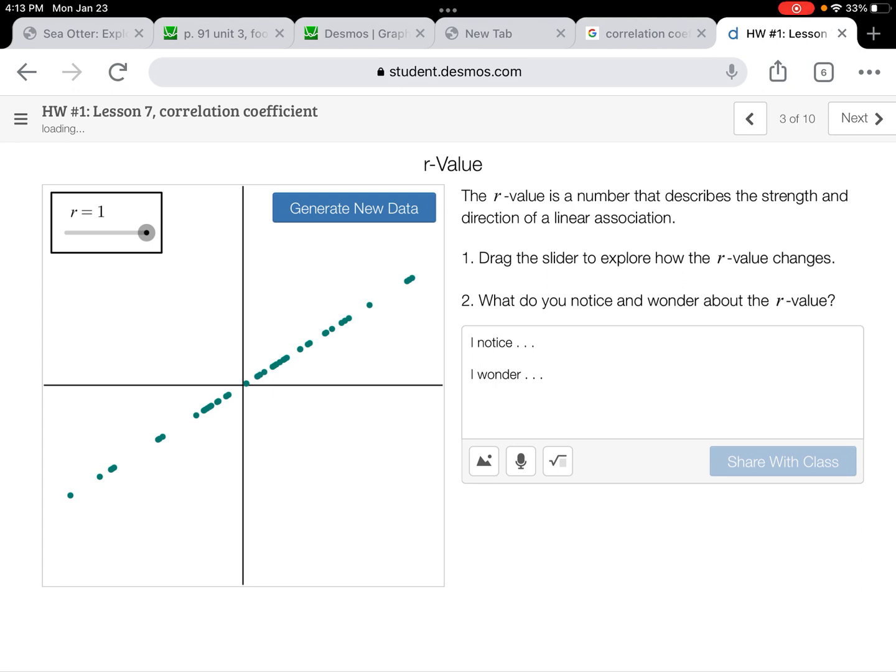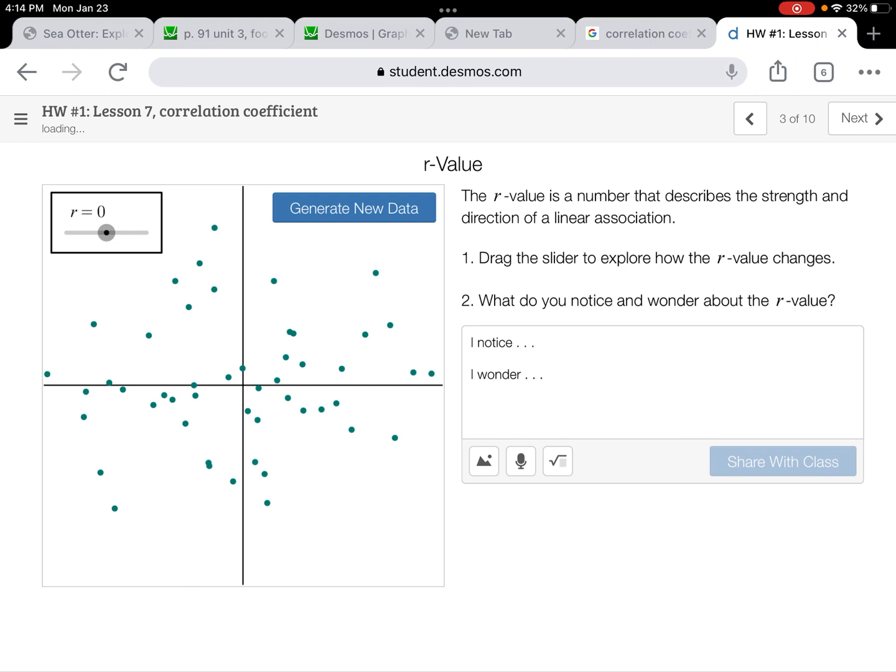And then as we change it, if we go from +1, let's say like positive 0.8, the line of best fit, if you were to draw it, would still be a positive slope, but the points are not as clustered towards each other. They are spread out a little more. And then if we go all the way to say 0, or -0.1,